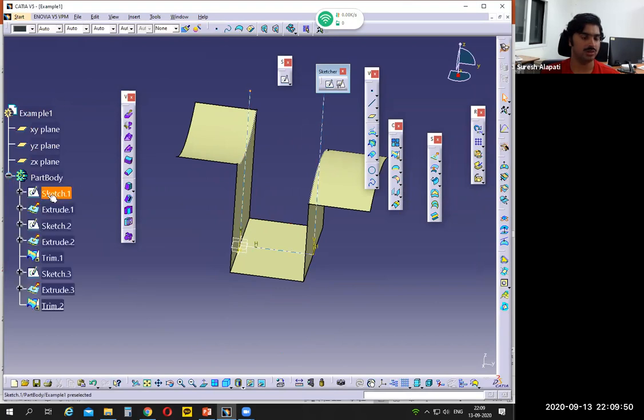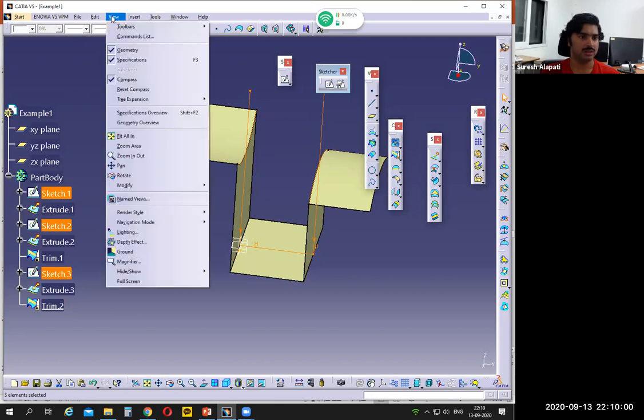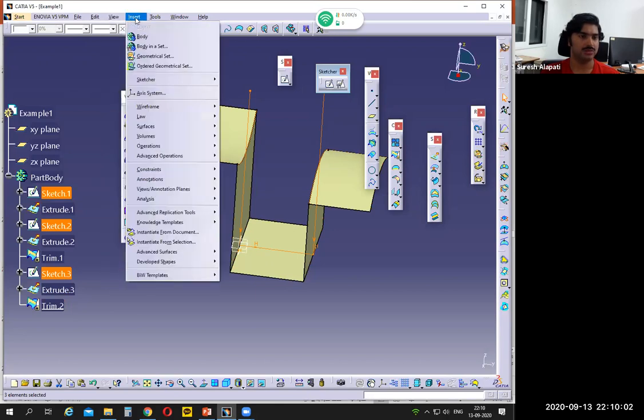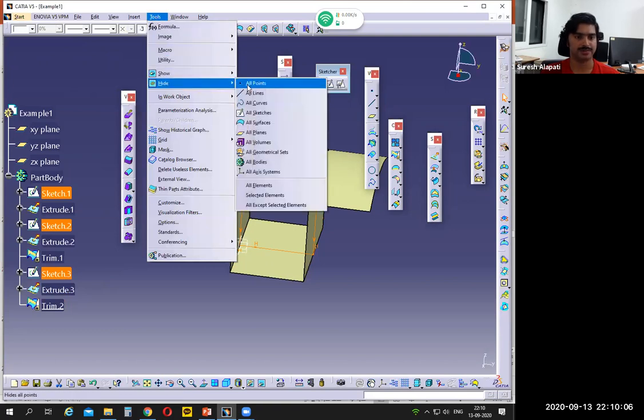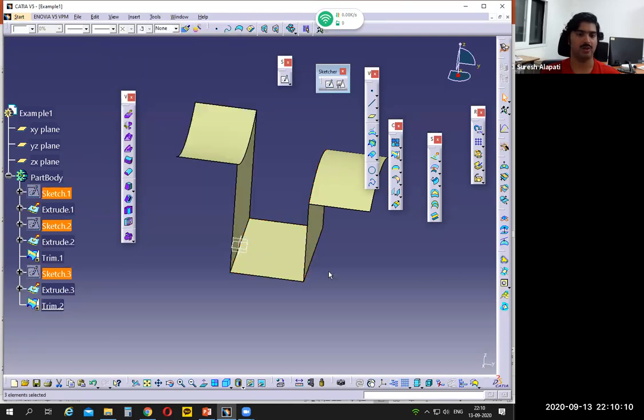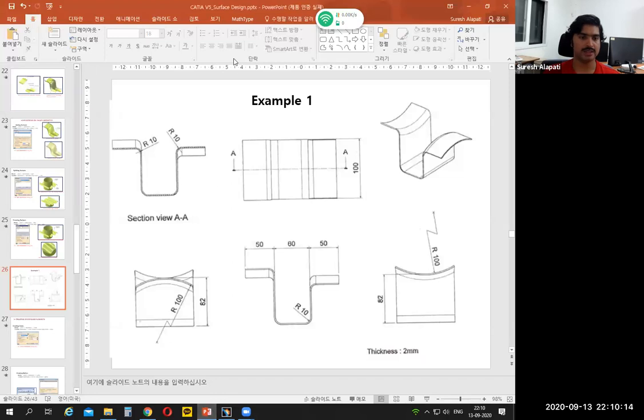Okay, if you want to hide individually, select individual sketches and hide, or you can view here tools, in tools, hide all sketches at a time. Okay, hide all sketches at a time. Yes, now what remained is,